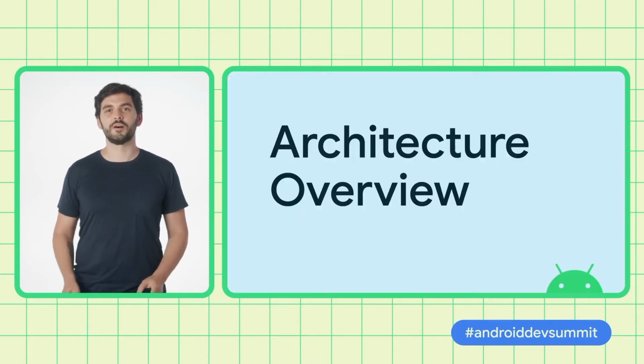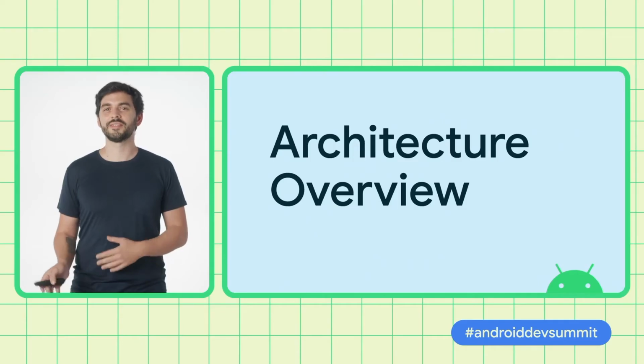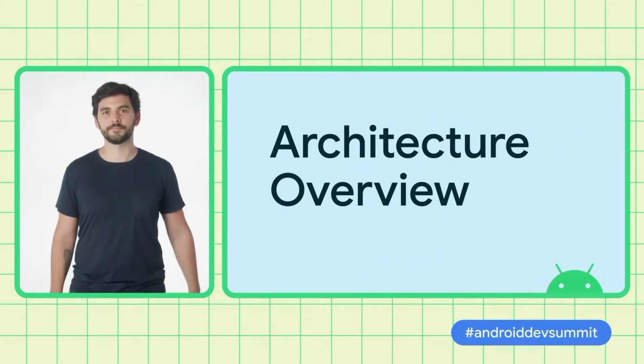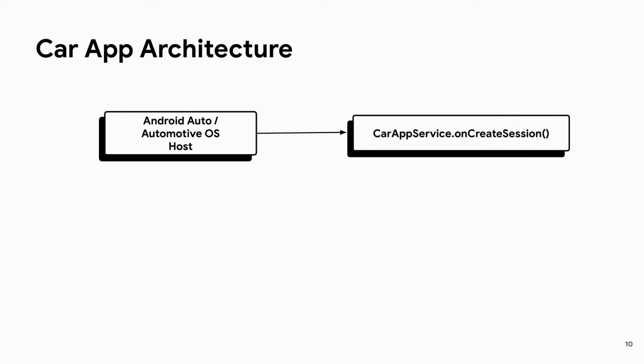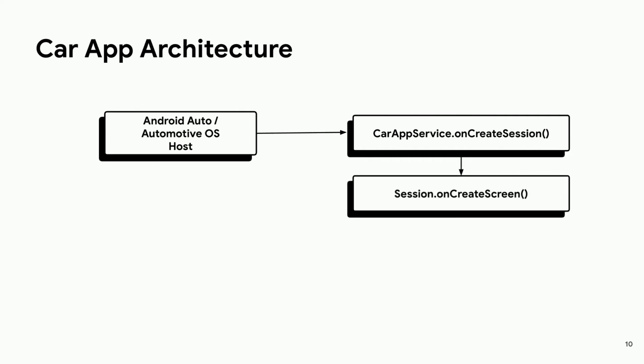Now that we know what the Car App Library can offer you, let's have a look at the architecture. When your app is launched in the car, a host application running on either Android Auto or Automotive OS will connect to a car app service that you will extend. In your car app service, you will override onCreateSession, which returns a session instance corresponding to the current connection to the host. The session is responsible for returning the screen instance to use the first time the app is started